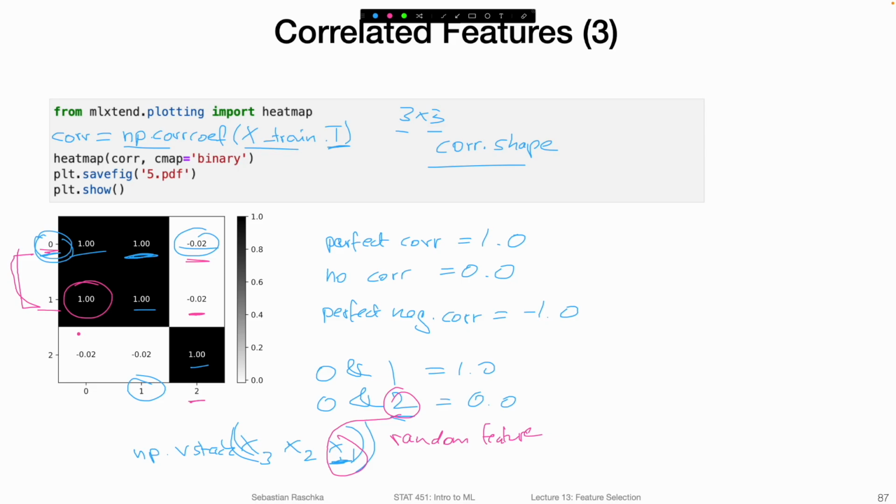Because we created essentially just a copy where we have x3 equal to x2. So feature index 0 is the same as feature index 1, or the features are identical essentially. So it's just for double checking which features are correlated. And here we are just confirming that 2 features are correlated and 1 feature is not correlated.